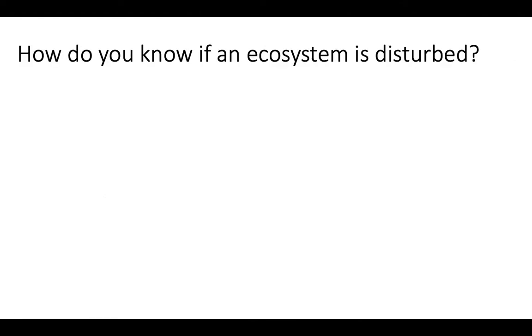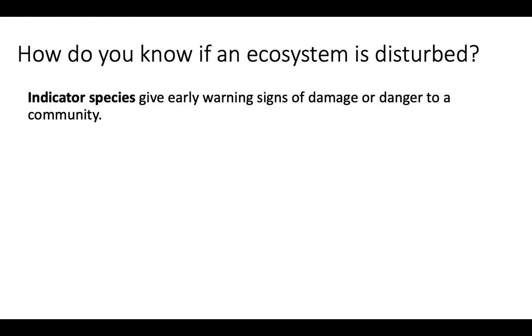So, how do we know if an ecosystem is disturbed? Well, it's not as simple as sending them to the therapist or asking them what type of music they've been listening to. You have to dig a little bit deeper than that. And one of the ways we do that is by looking for the presence or absence of something called an indicator species. An indicator species is one that usually has a very narrow ecological tolerance for a certain condition,